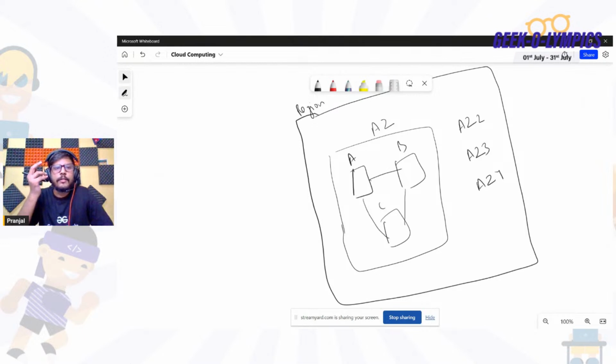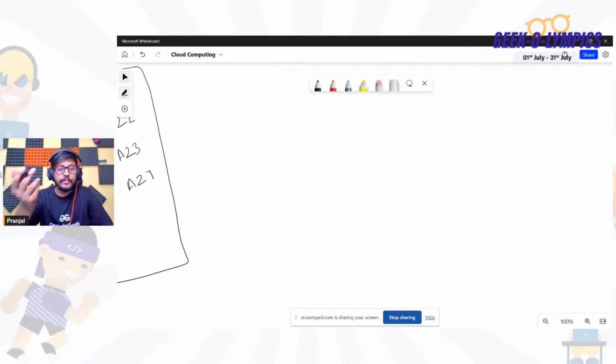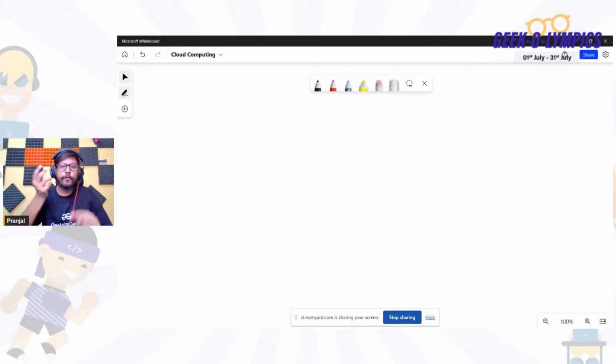Now what is an edge location? This is something very important to know, because whatever I'm saying right now is not only for AWS; it will work for all other key players of the cloud computing domain. So what is an edge location? Just understand, suppose you have chosen the Mumbai region, and here your application is deployed because your company is based in India and your user data is also based in India, so it's better to use the Mumbai region to deploy the application.